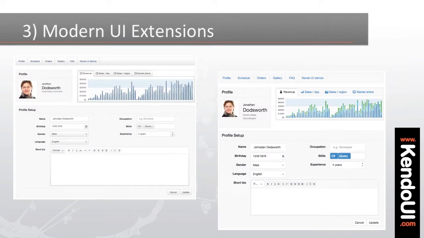Finally, we have modern UI extensions. Historically, Kendo UI themes have given you a lot of variety when it comes to color palettes, but there hasn't been a lot of flexibility when it comes to those cases where you wanted to change things like default text sizes or padding to give your apps a more modern feel,